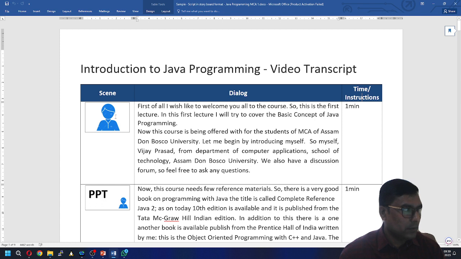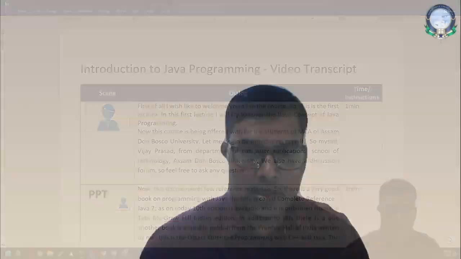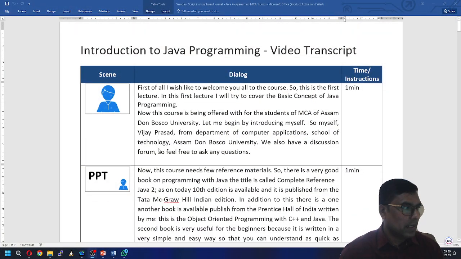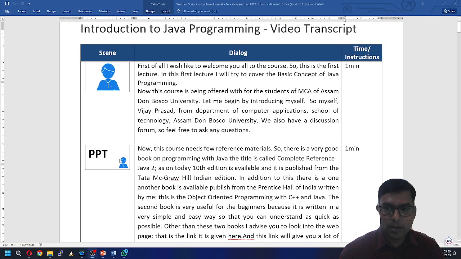Like scene, if you look at the pictorial representation, my face should be visible. Just now I am changing the scene like this. So now the scene is changed to the instructor who is giving the instruction being visible. Then the second type of scene I have put as PPT and the video at the corner. Right now what you are seeing on the screen is in that format. And we can also have